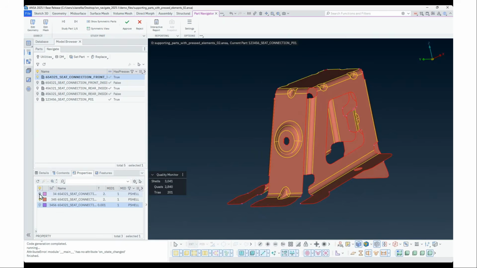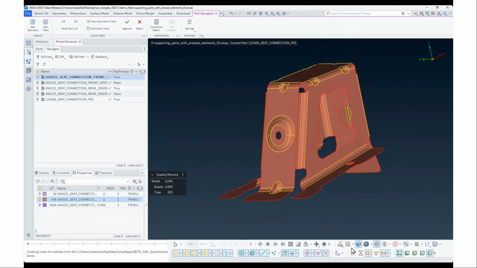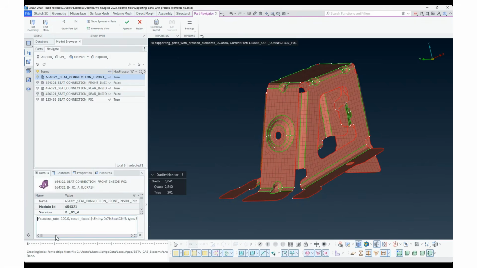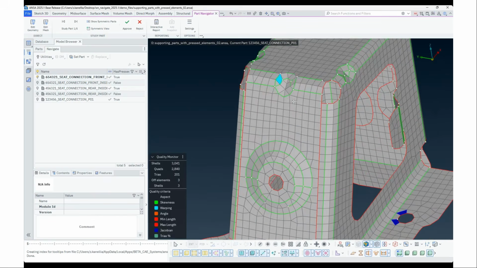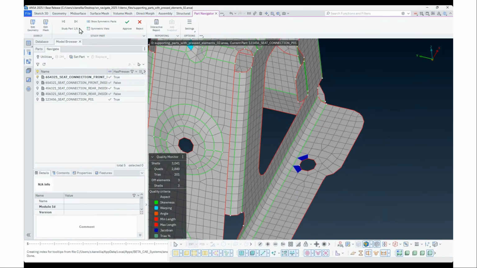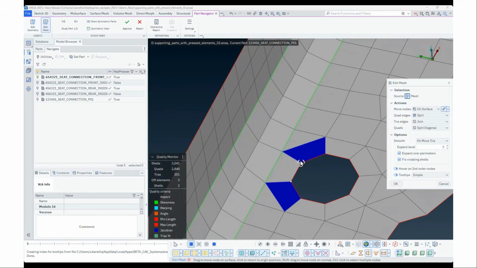The success rate is shown in the Details panel under the shell mid-surface, and also in the comments. If I had a lower success rate, I would go to mid-surface, inspect to find what went wrong. Then I'd apply some functions or checks to correct it. Once it is fixed, I have to check the mesh quality. I open the quality criteria flags and make any corrections using functionality embedded in the part navigation ribbon, like direct edit, edit mesh, etc.